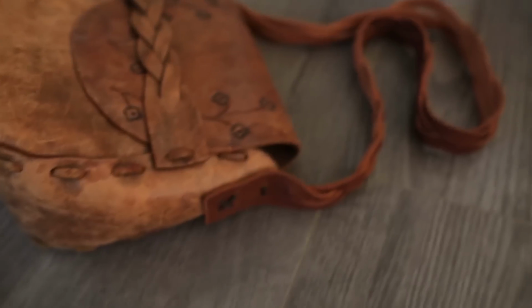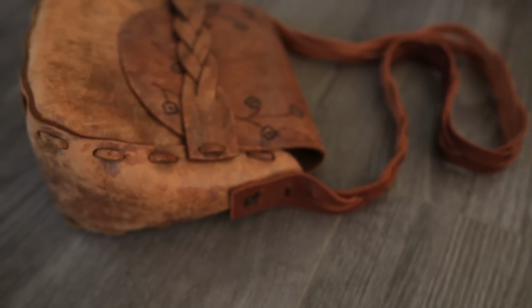It was the first item that I ever purchased on eBay when I was like 18, I think, and I used it consistently all the way through college, and I just love this bag. It's so classic, and yeah, it's been with me through a lot. So a couple years ago, the top strap ripped. It was a braided leather strap, and it ripped, so